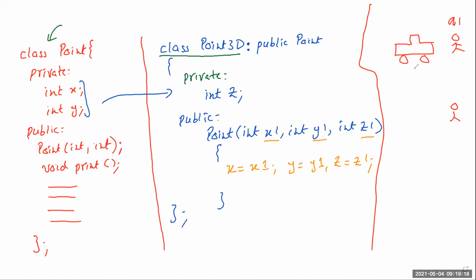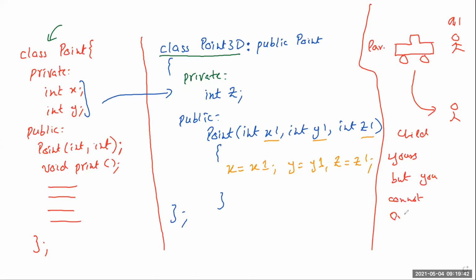This car is inherited by this one. So maybe this is the parent and this is the child. When inheritance is done, this parent is telling the child, this car is yours, but you